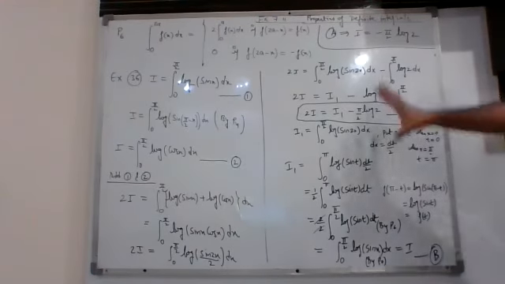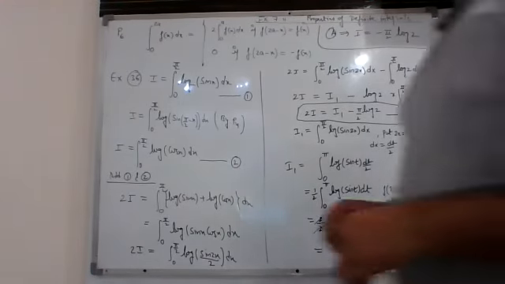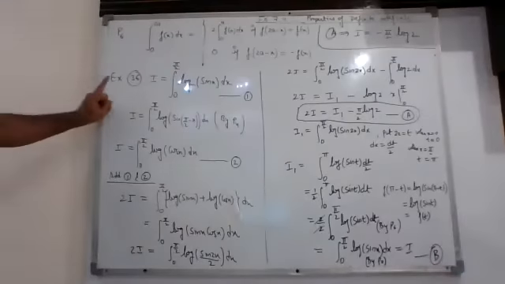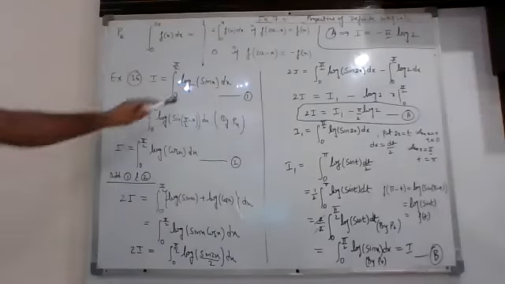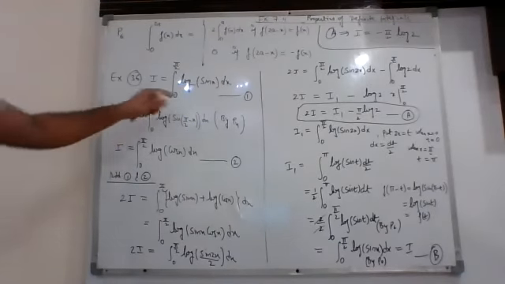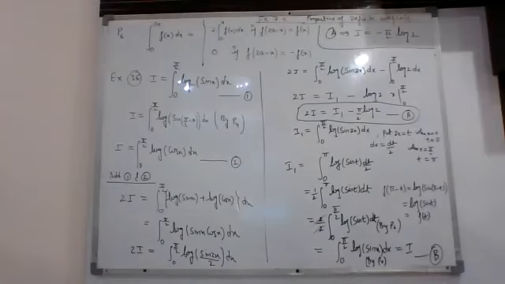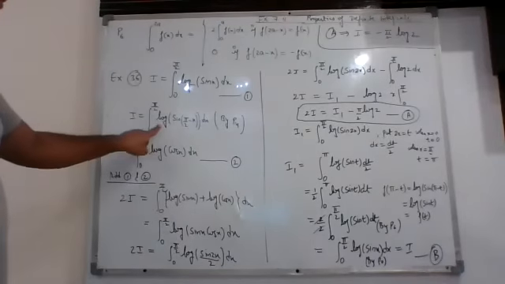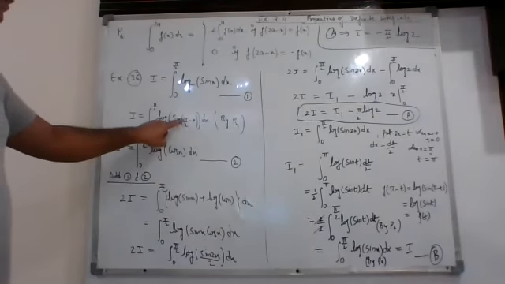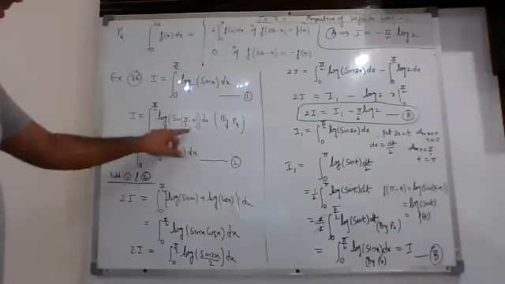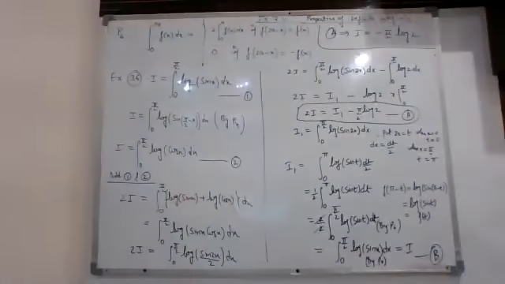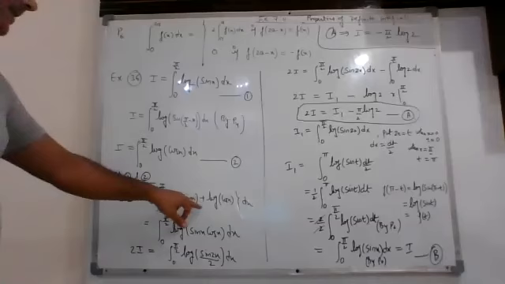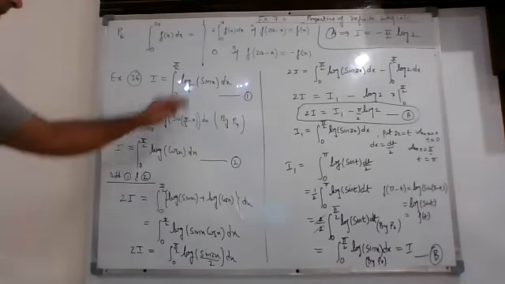So let me explain this question once again. This is example number 36. I is integral from 0 to 90 of log sin x dx. First thing is we are applying P4 property over here. So when you apply P4, you will get this as log sin of 90 minus x. This is by P4. So this will become log cos x. Now after this, you can write this as log sin x plus log cos x when you add 1 and 2.